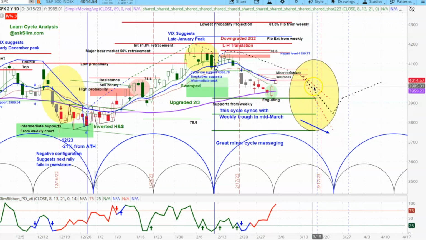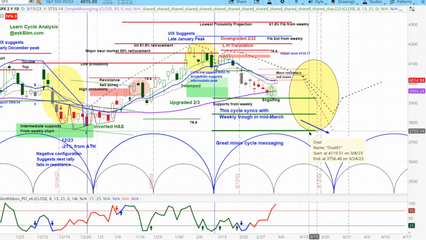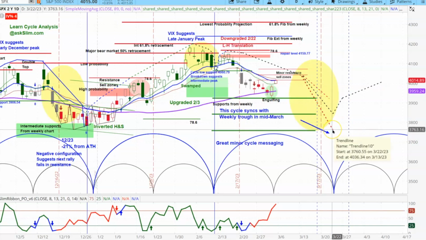A higher probability is this black line, which points right down over here to about 3840 in the S&P 500. So this then gets to begin into our 300 to 600 point target we've had on the downside. This is even a good possibility, 3755 right down over there.